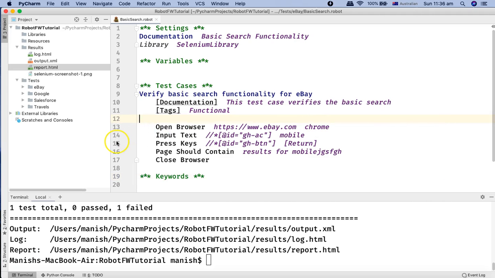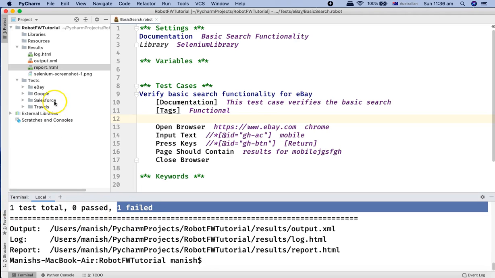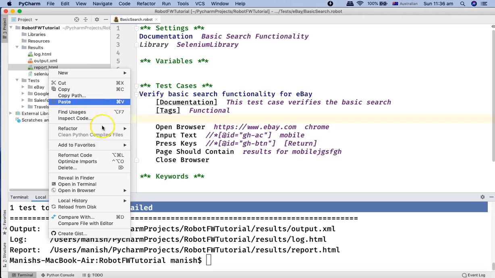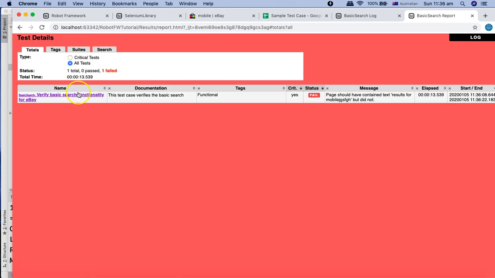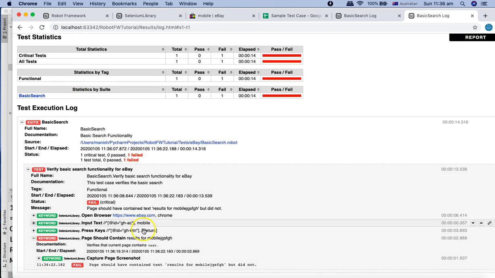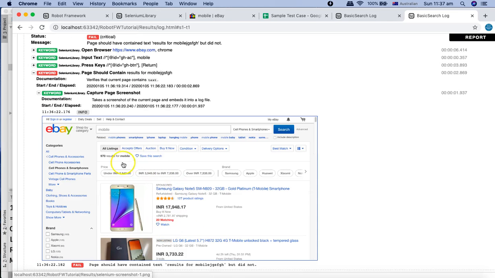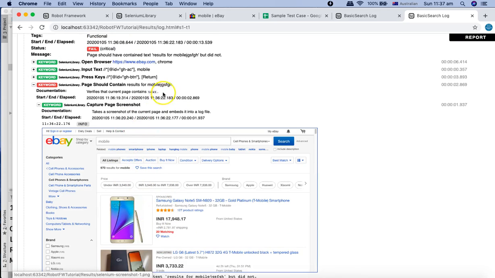So let's go back and see the results again. The test case has executed. You can see one test case total and it has failed, right? Let's go ahead to the report again, open in the browser and see the report. So now you can see the report is all red because the test case failed. If we go to all test case, go to the details, now you can see it failed and it captured the page screenshot, right? And you can see that it was expecting something like results for mobile, some chunk character there,